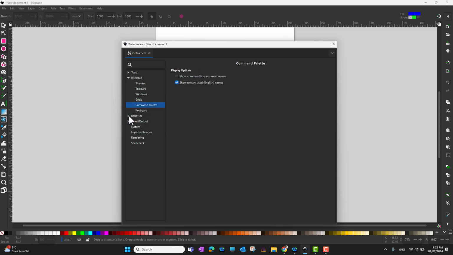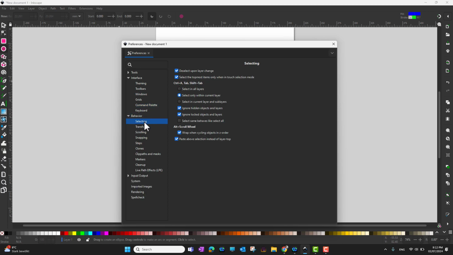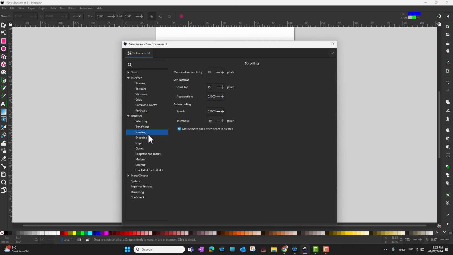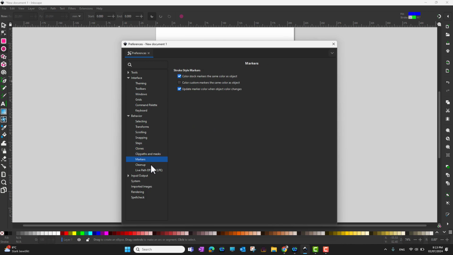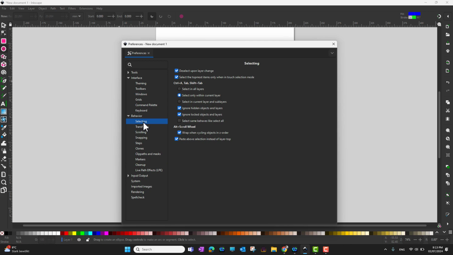Okay, then behaviors. Into the behavior, I don't know why it's not opening. Okay, into the behavior you can see you have different options for selecting, transforming, scrolling, snapping, steps, clones, clip paths, masks, marker, cleanup, live path effects as well. So